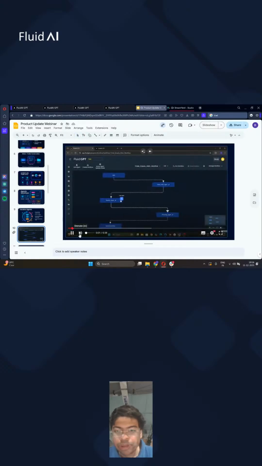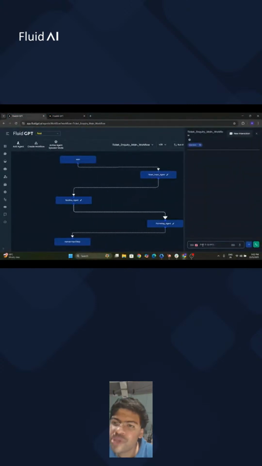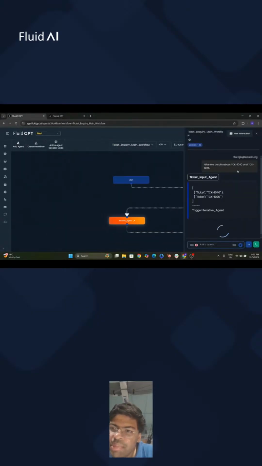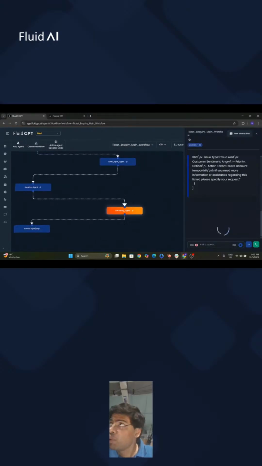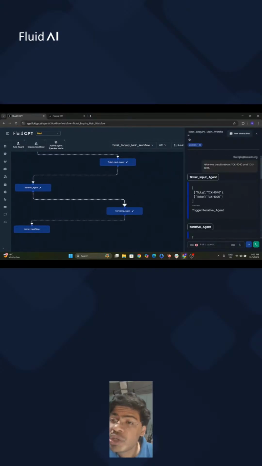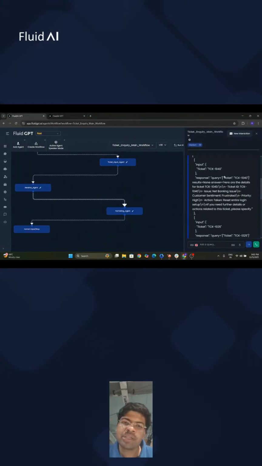So what we've done out here is this is an agent that looks at different tickets that are coming through. Now, what it's done is: give me details about ticket 1040 and 10205, right? And it's an iterative agent, so it's actually broken that down. It says, okay, I need to run the operation for 1040 first. Then I will run the same operation for 10205. So it's actually run it step by step.